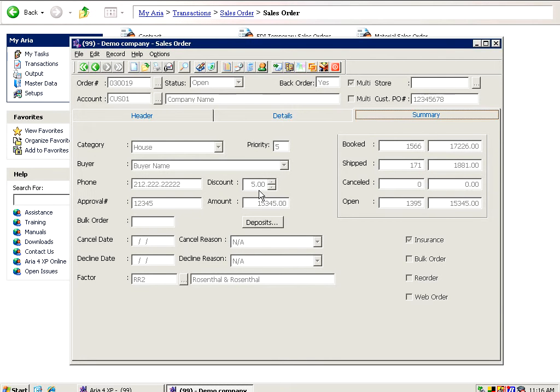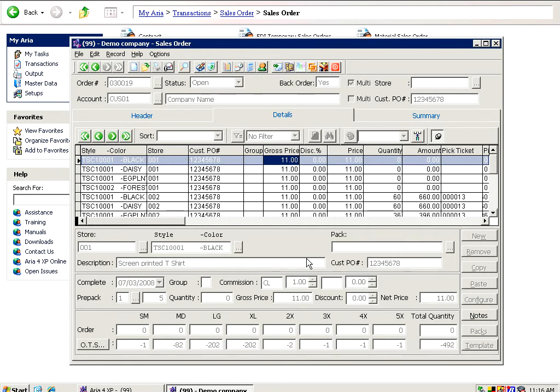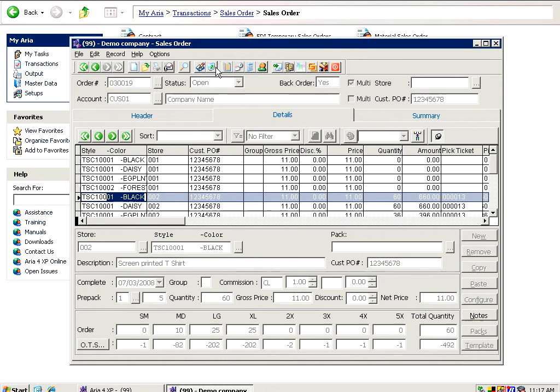So as you can see, we have 171 pieces shipped on this sales order. If for any reason I decided to cancel the entire remaining balance, what I would need to do, or before I do this, let's cancel part of the sales order. I'm going to go to the details section, and let's say that store number 1 gave me a call, and store number 2 gave me a call and said that we don't want this tile number, or for some reason we want to change it. So I'm just going to click on the edit button, find the line I would like to edit, say it's this one, and